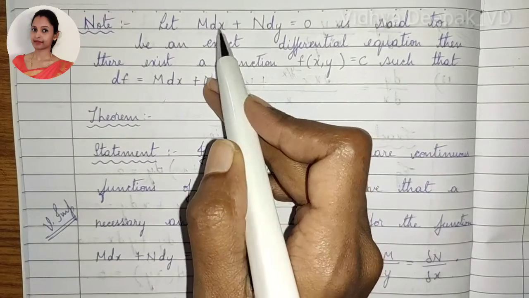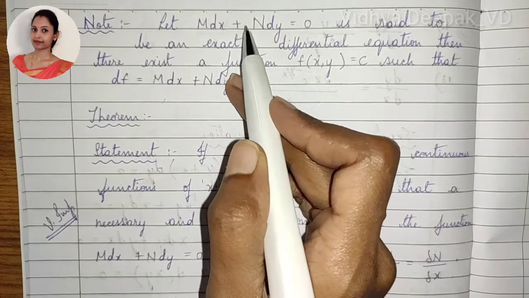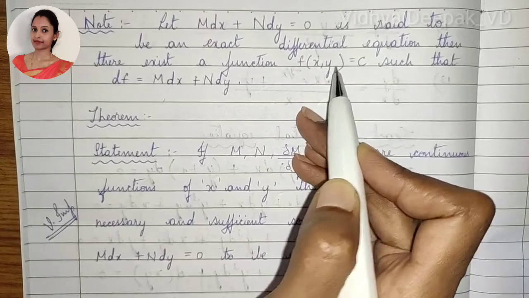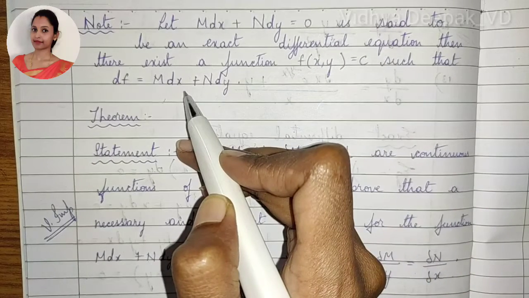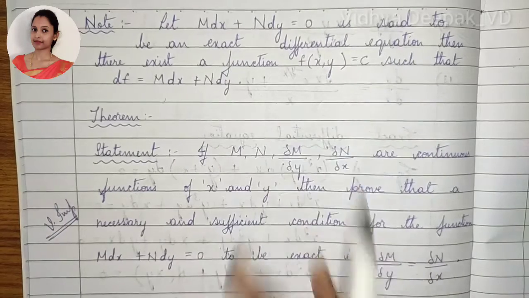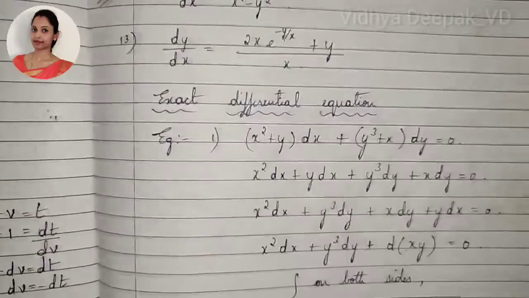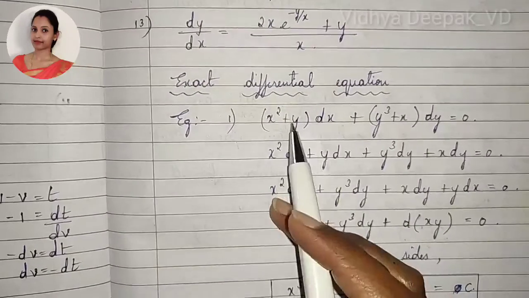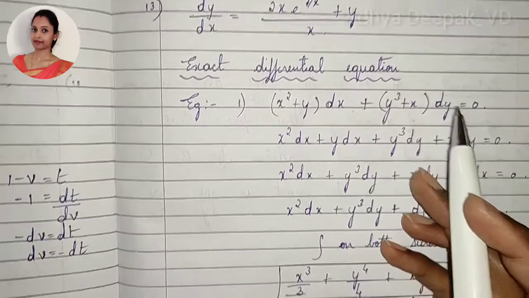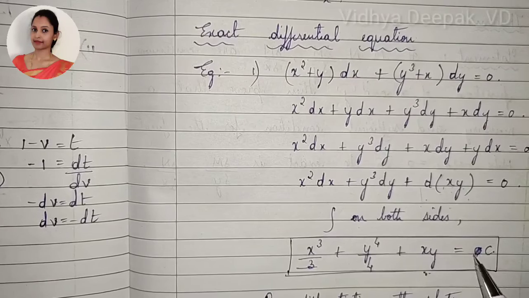If we have to say this is exact, first we will find the solution of it. That is, we will integrate this and we will get a function, right? If you differentiate this function, we will get back the equation. So if this is the case, the given equation is exact. We saw an example yesterday, remember? We had an equation of the form M dx plus N dy is equal to 0. Once we solved this, we got a function.